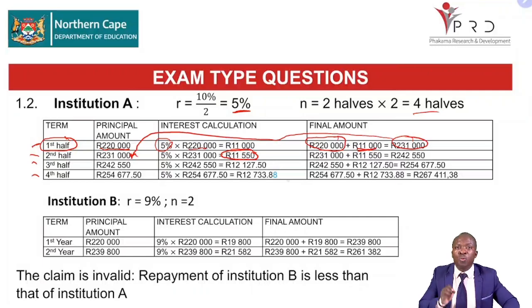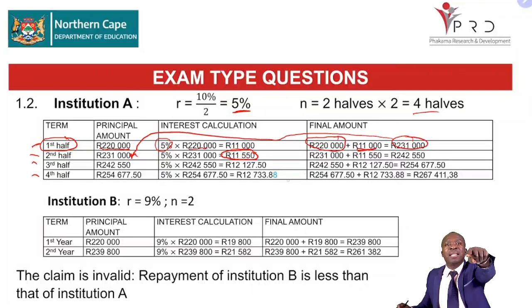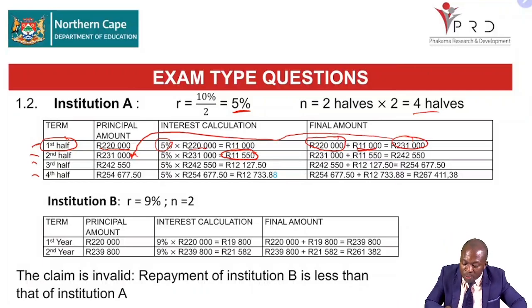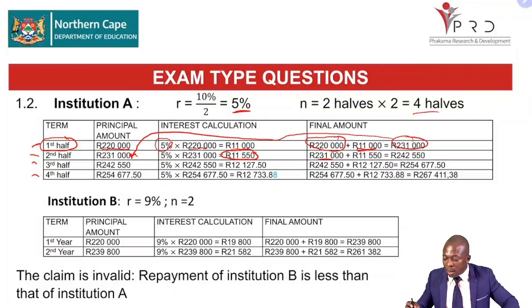So what should we do with the 11,550? Yes? No, the learner there at the back. What should you do with the 11,550? Remember, I can see you. So I'm asking you to respond. We add the 11,550 to the 231,000. That is how we're going to get